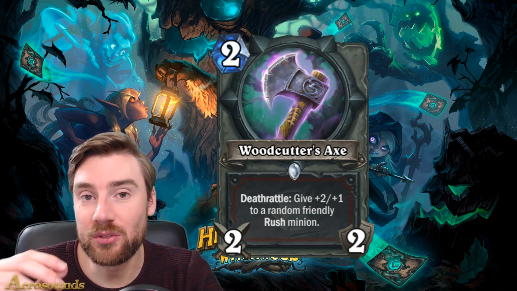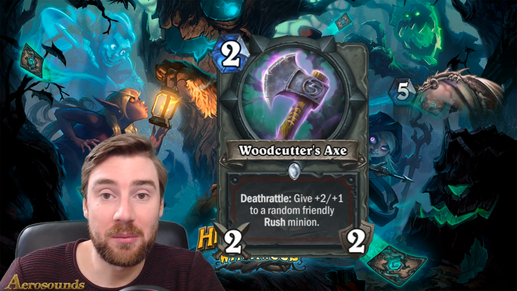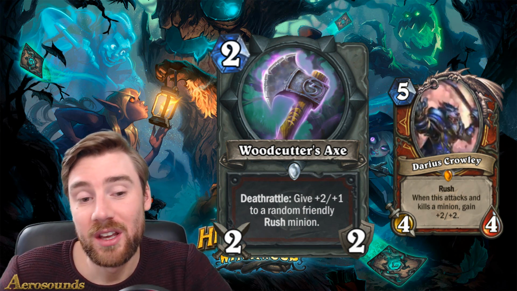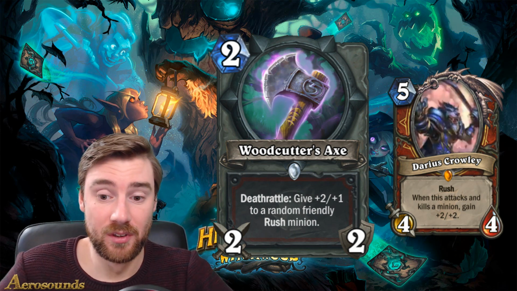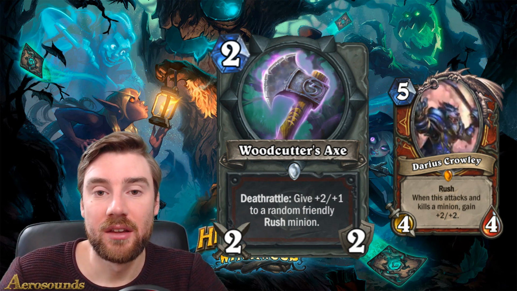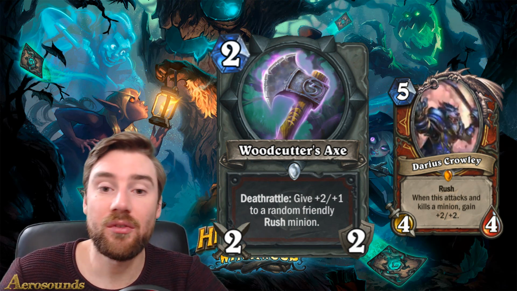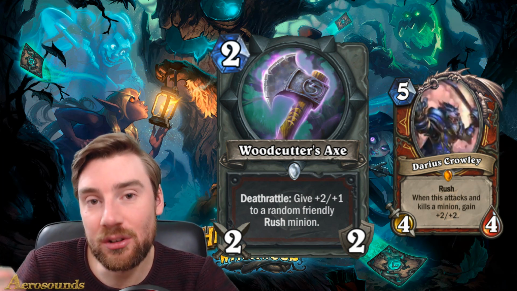But the deathrattle suddenly makes the Rush minions really strong. So we talked about before Darius Crowley, the legendary minion, not quite being strong enough. Well, if you can buff the stats by +2/+1, suddenly Darius Crowley seems really good. And the same goes for the Redband Wasp. These are both cards which have really good effects if you can get them to survive. So giving them extra 1 health and 2 attack not only helps you remove other minions, but increases the likelihood